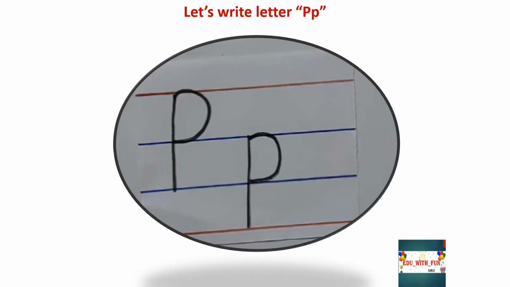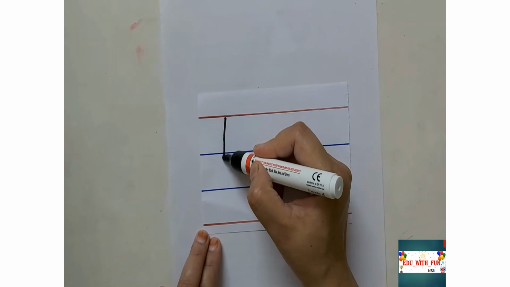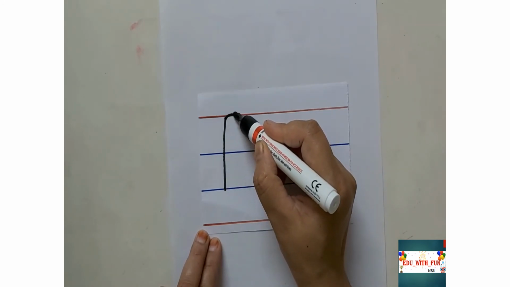After letter O, which letter comes? Yes, letter P. You are totally correct. So let's write capital letter or uppercase letter or daddy letter P, or lowercase letter, small letter or baby letter P. Let's start. For writing capital letter P, you have to start from the first red line to the third blue line